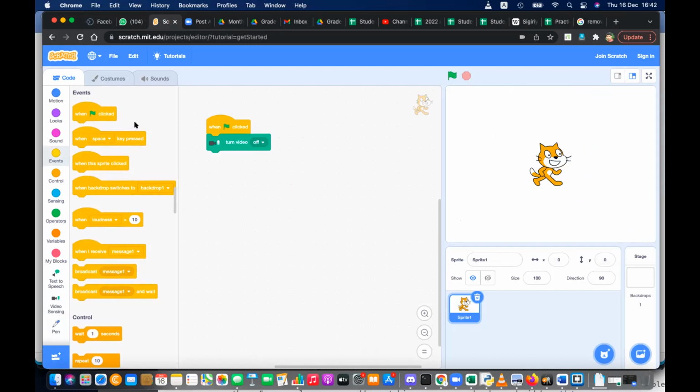Then let's move to the flag click, and this time I'm going to use